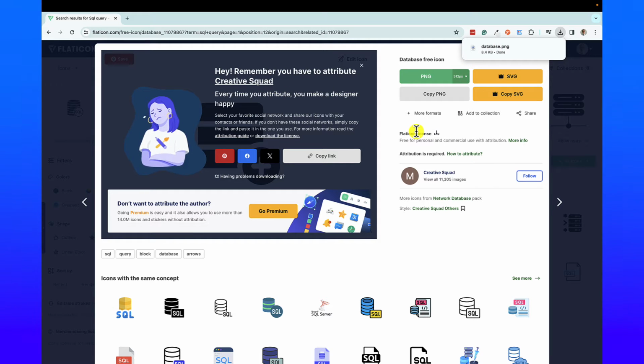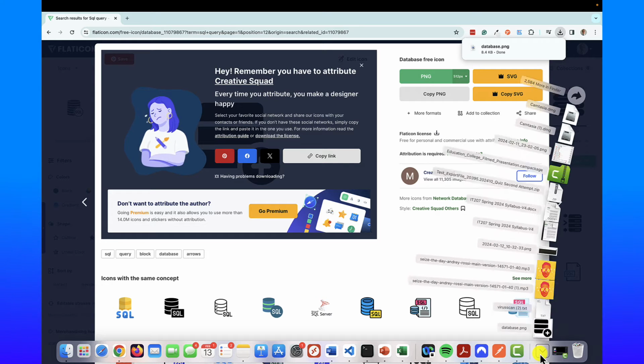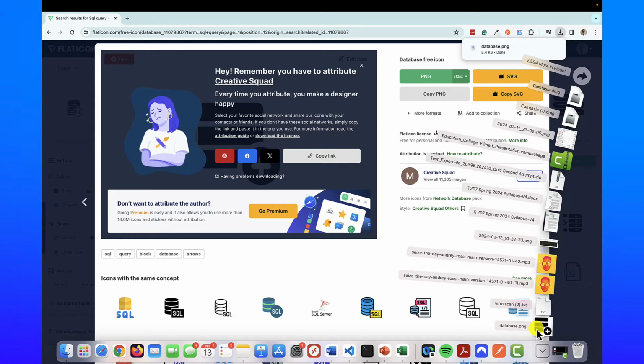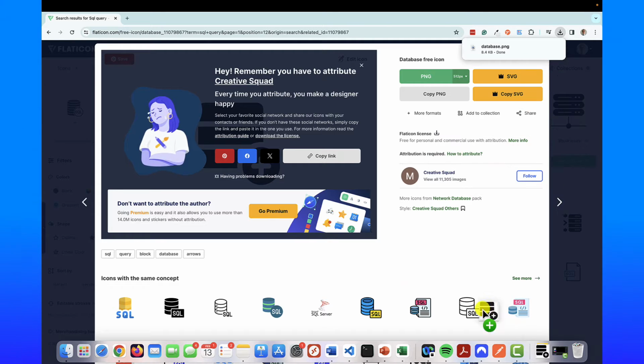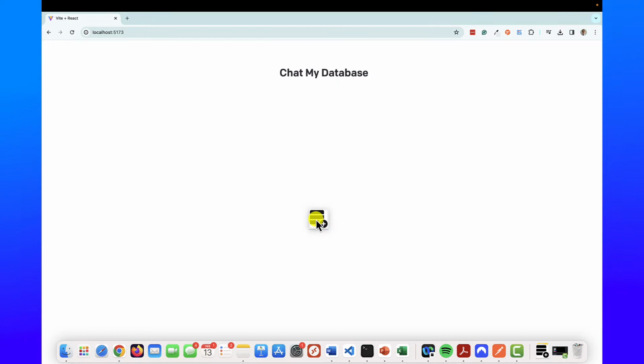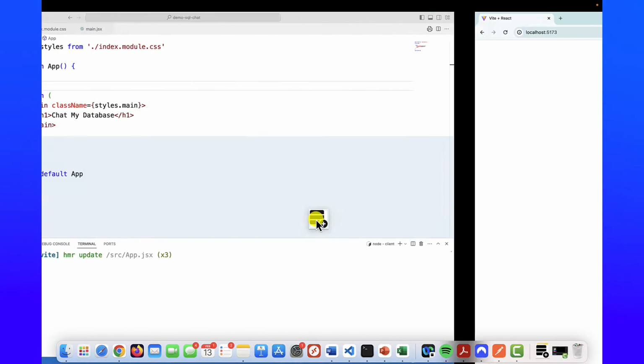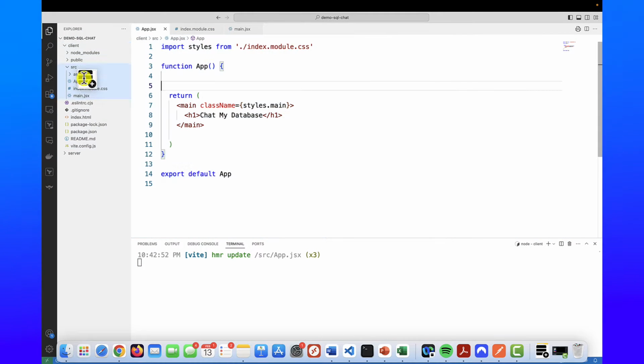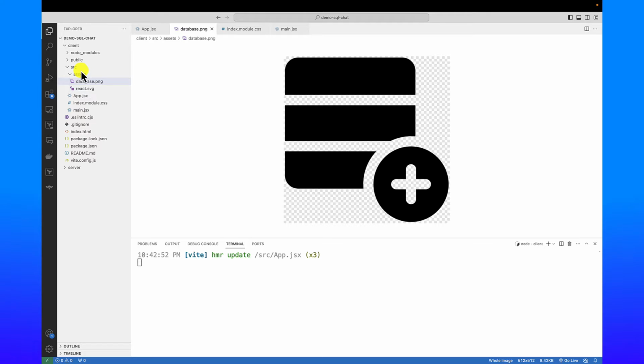We're then going to take that, and I'm going to go over to my downloads, and I'm going to grab that and go into my application here under assets and drop that in there. So we have our database PNG in there. All right, and that'll be our icon we're going to put up there. So let's go ahead and put that on the page. So we're going to go back to our